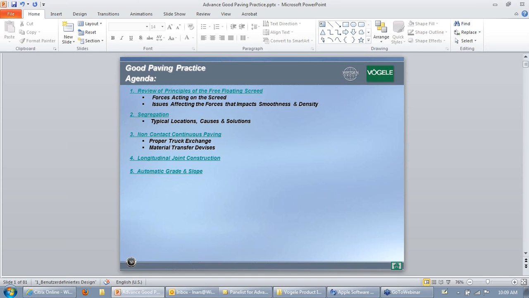We will start with the basic review of the principles of the free-floating screed. We'll look at the forces acting on the screed once again, and what are the issues affecting the forces that impact smoothness and density. We will then go into segregation, typical location, causes, and solutions. And we'll take a brief look at non-contact continuous paving, some of the different MTVs out there. We'll look at longitudinal joint constructions, and then we will wrap up with automatic grade and slope systems. So